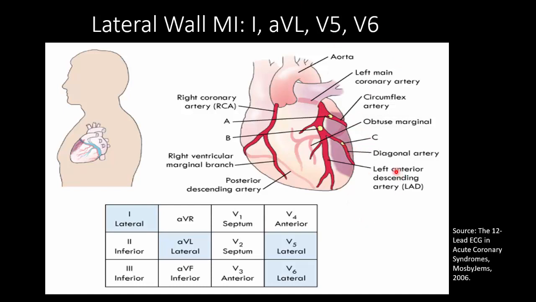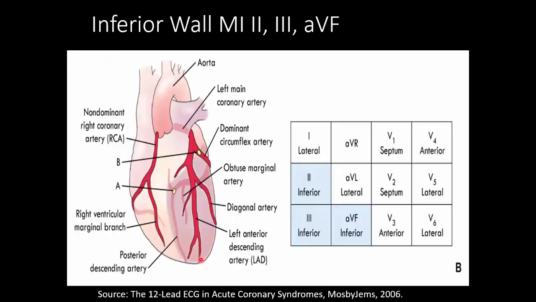So it all depends on where the occlusion is. If it's very high, then it's going to occlude all of these vessels. In this case, the occlusion went down to the circumflex and then the diagonal artery right here. But again, if it does involve high lateral and low lateral, then you're going to see leads 1, AVL, V5, and V6. If you have elevation in leads 1 and AVL, then you can expect reciprocal changes in 2, 3, and AVF. With your inferior MI, 2, 3, and AVF,